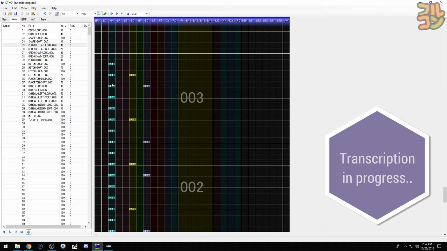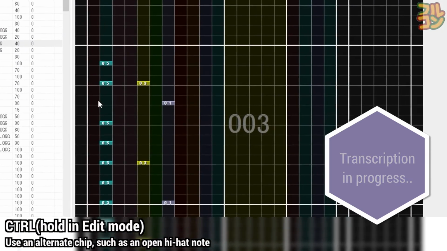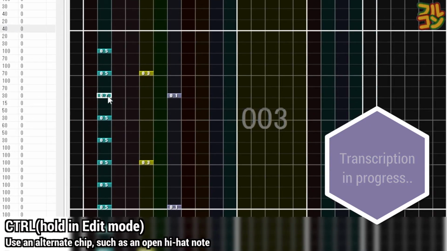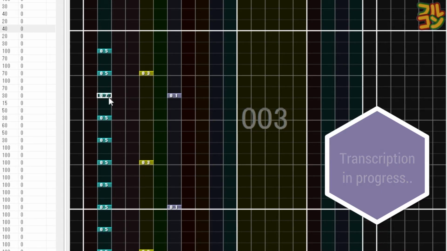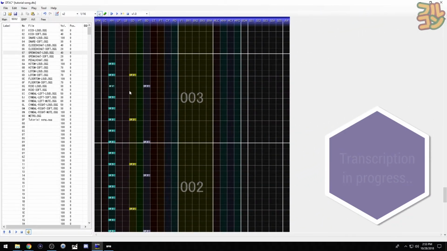Okay, now we're in the section here where we hear an open hi-hat sound. We delete the closed hi-hat note, select 07, the open hi-hat note, and before clicking it, we hold Ctrl. As you hover your mouse, you will notice that the note has changed into a dark, smaller chip. Now click on the HH lane, and there, we just told DTXCreator to register this chip as an open hi-hat